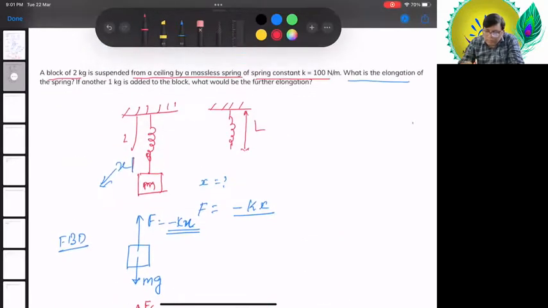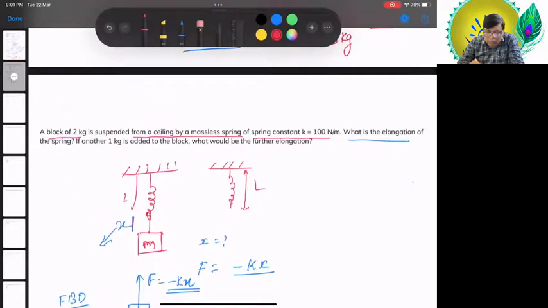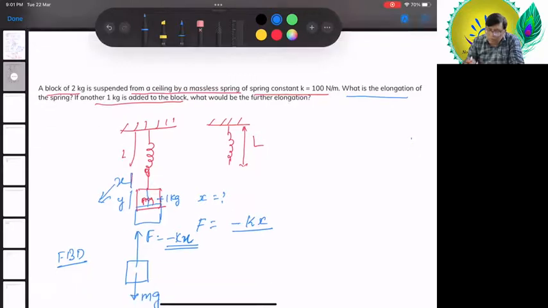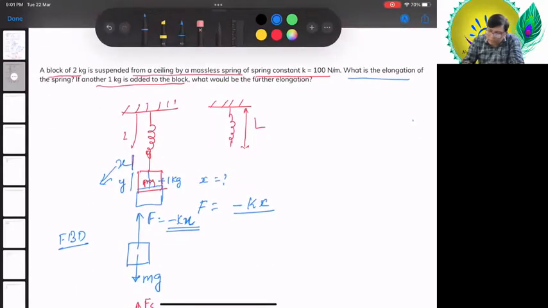Now let us move. If another 1 kilogram is added to the block, what would be the further elongation? So we are just adding 1 kilogram. The whole system will come down and there will be some further elongation. Let us consider that as y. So in that situation,